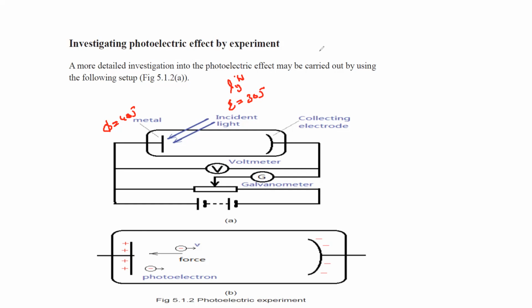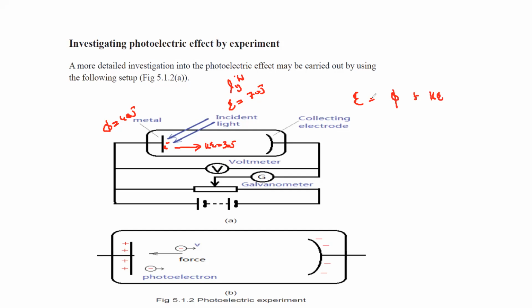But if we supply more energy, for example, we supply 70 joules. So out of 70, 40 joules is what the electron will take to come out, and the remaining it will use as kinetic energy. So it will have 30 joules of kinetic energy. So the formula is energy is equal to the work function plus kinetic energy.